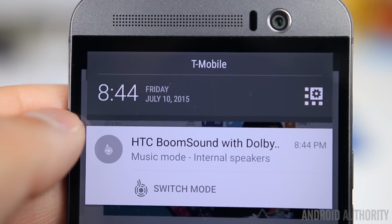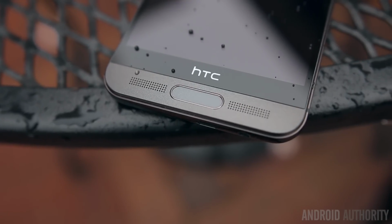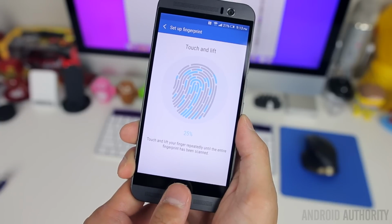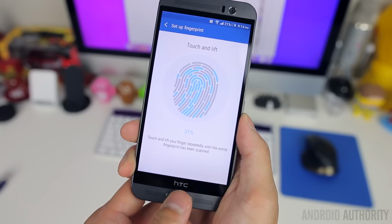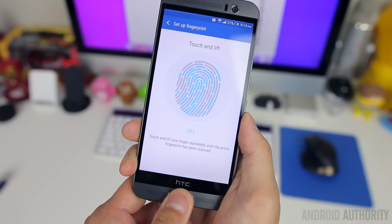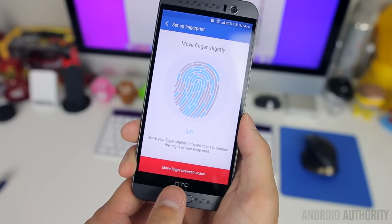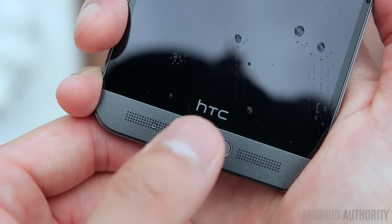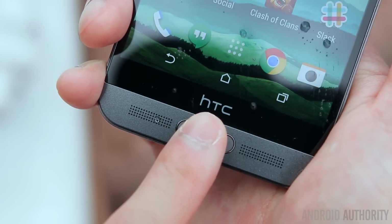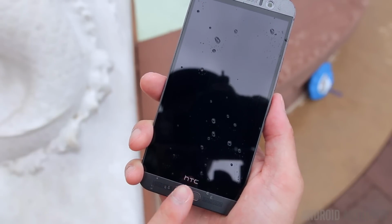The bottom speaker has undergone a slight makeover, with a separation in the grille to make way for the M9 Plus's fingerprint scanner. The process of setting up the fingerprint scanner is very similar to both Apple and Samsung's implementation, requiring a series of repeated presses to accurately record your fingerprint, and up to 5 fingerprints can be stored at one time. Once set up, the fingerprint scanner works surprisingly well, unlocking the phone almost instantaneously the majority of the time,